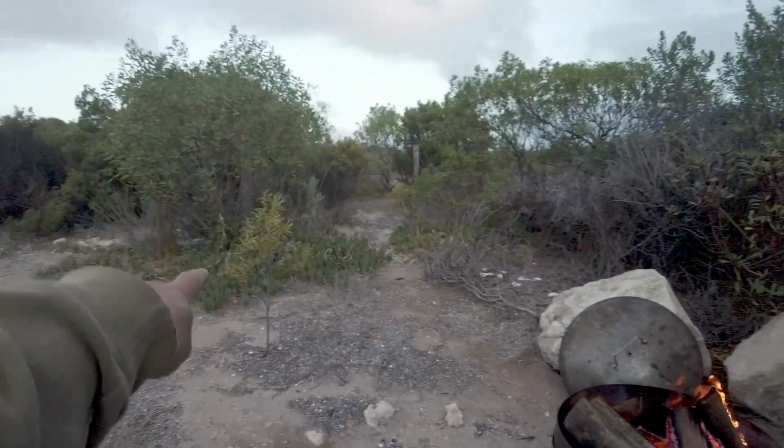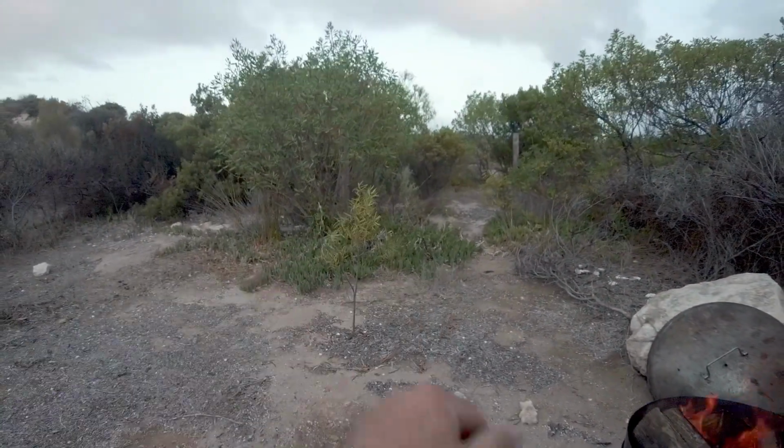But this is all succulent. All across the ground is succulent. So one thing for anyone looking at coming out this way, the caves that we went to, Talia Caves today,